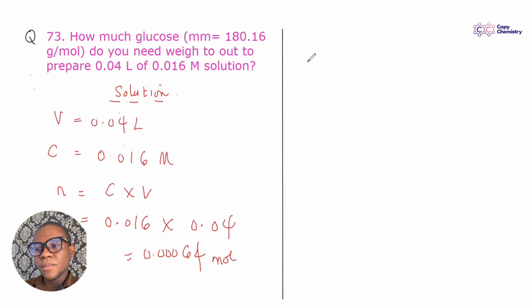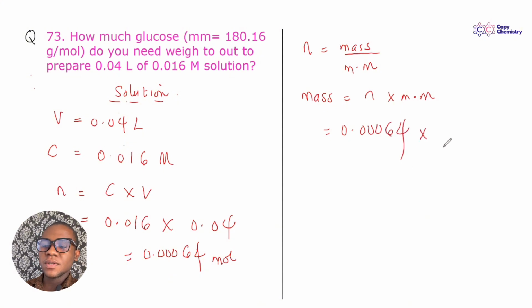Now, to finish this up, we need to convert that to mass. Number of moles is equal to mass divided by molar mass of glucose. That means that the mass of glucose, see how easy this stuff is, right? Number of moles times molar mass. And the number of moles is 0.00064. And the molar mass is 180.16. So by the time you do that multiplication, you should have 0.1153